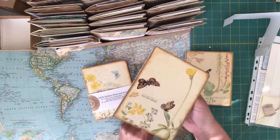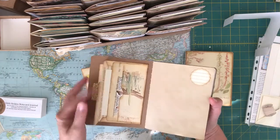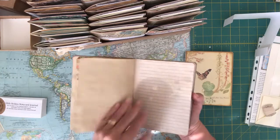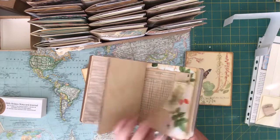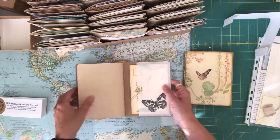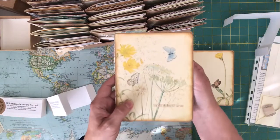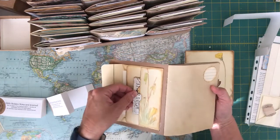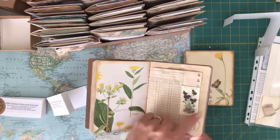This one is 2 feet above, and again it has the same layout with the same pages inside with the tags, the little mini pocket in the middle, a little cigarette card there, and then another postcard in the back with a vellum envelope. And then the last one I have is On the Sheltered Banks, and again it has the pocket with the little card, 2 pages of paper, and the journaling card, botanical pages with the tea card,